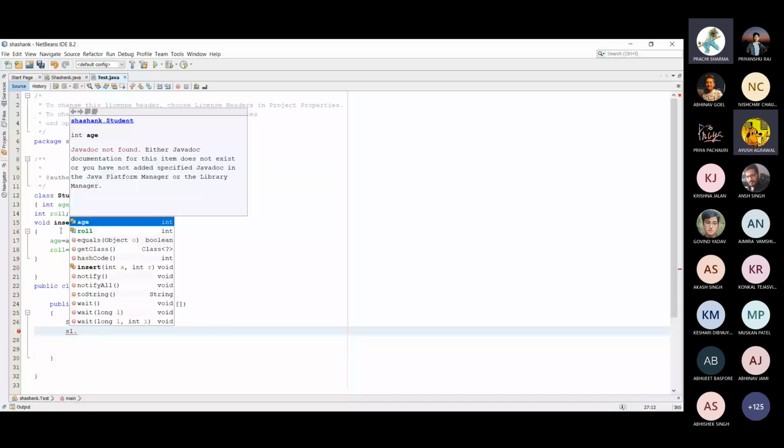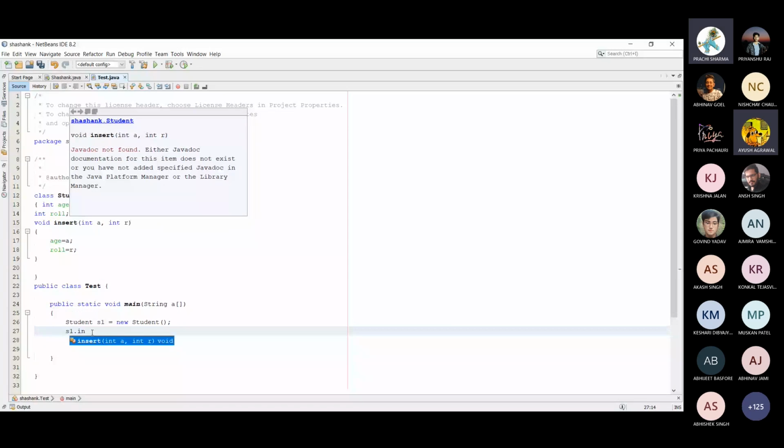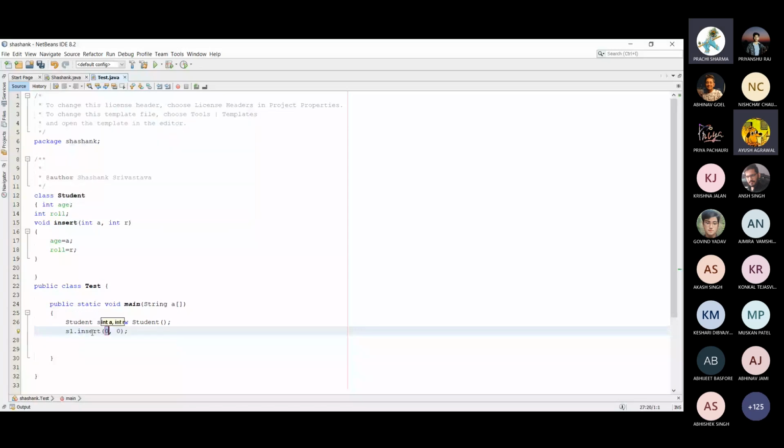So here you can see insert, age and roll number. Suppose I call insert, and in the place of age I write 20, and in the place of roll number I write 54, suppose this is the roll number of s1.